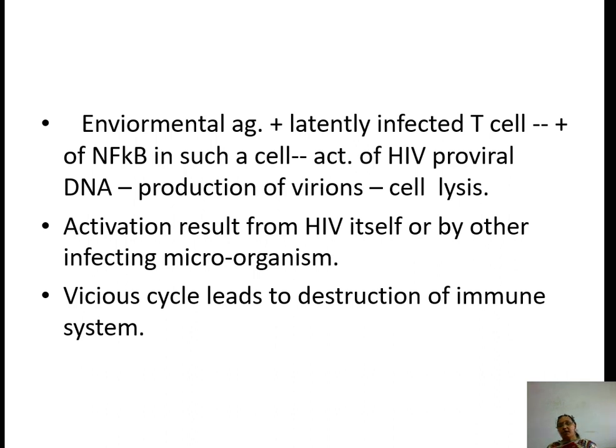So many more HIV virions are integrated. There is stimulation by opportunistic infection or HIV itself, and there is proliferation of the virions infecting the different cells of the immune system, and release of such virions, and there is apoptosis and dying of the parent cell. Now this vicious cycle, again and again, leads to destruction of the cells of our immune system.